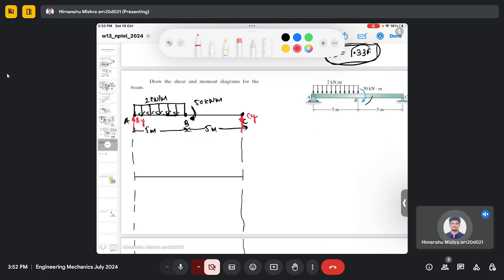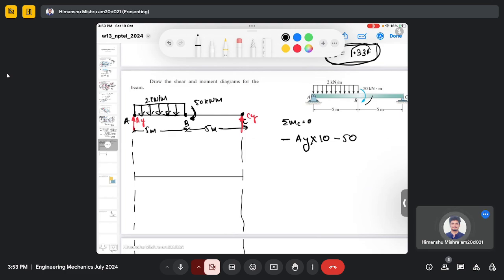If I take the moment about point C and equate it to 0, then it will be AY multiplied by 10, and it creates the clockwise moment. The 50 kilonewton meter is the clockwise moment, and the moment due to this uniform load is anti-clockwise,